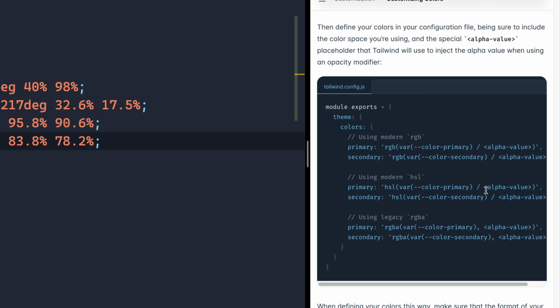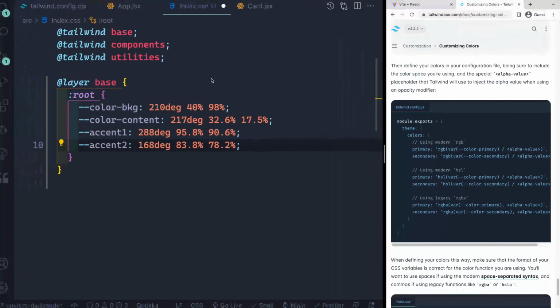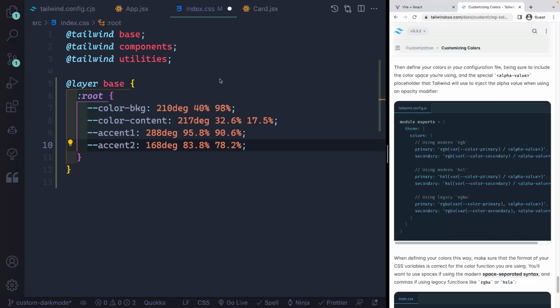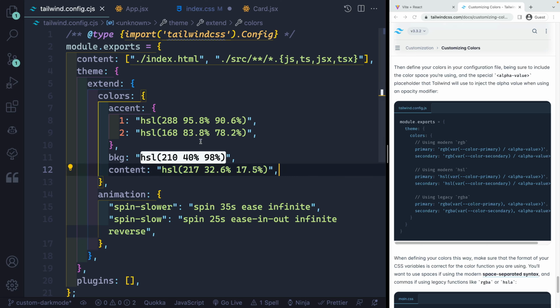Now this comes from Tailwind, and it allows you to do opacity on these as well. So right now we're just trying to get it back up to par, the way it was working before we started messing around with stuff. So I'm going to grab all these here, and now I'm going to jump over to my Tailwind config and